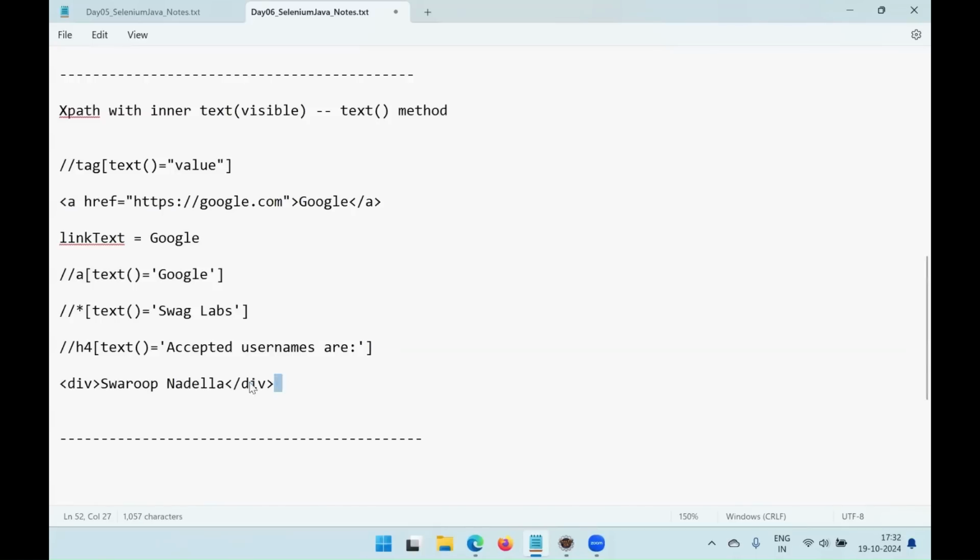So this is one tag that is available. Let's suppose it is the starting of the tag, and Swaroop Nadella is the text, and this is the ending of the tag. In this case, link text is not applicable. Link text is applicable only when there is an a tag, which is the links, and href is there. Then only the link text method will work. So here link text is not applicable,